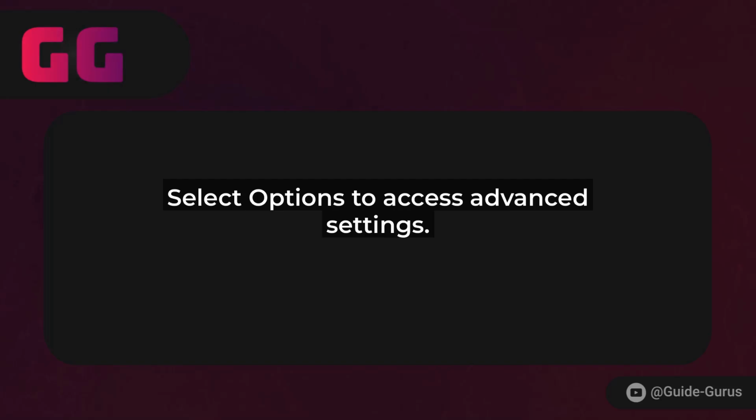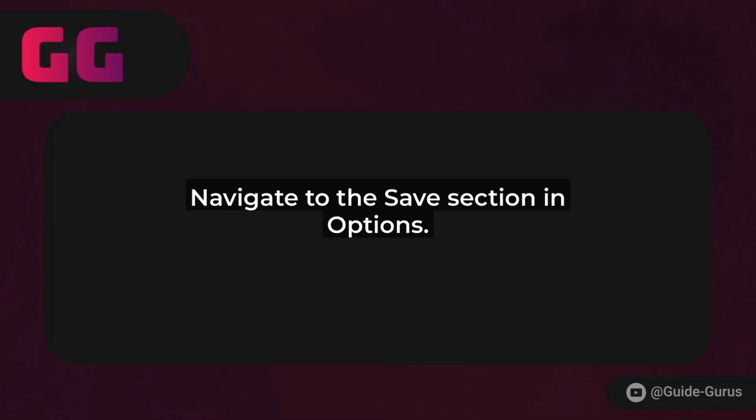Step 1. Open your PowerPoint presentation. Make sure you're using the latest version from Microsoft 365 for the best features. Head over to the File tab in the top left corner. That's your gateway to all the behind-the-scenes settings.